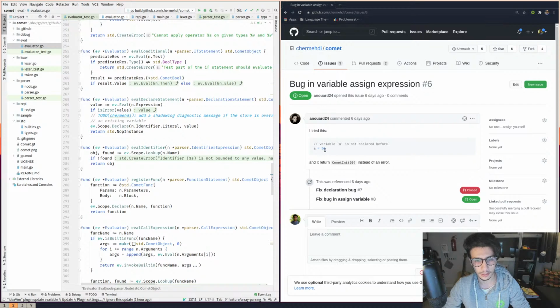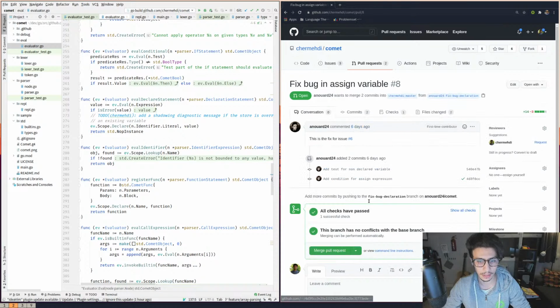We can assign 50 to it and it will pass. It won't add anything to scope, but it won't throw an error. This is a bug. I probably didn't take this into consideration, and Anwar managed to create a pull request to fix this issue.